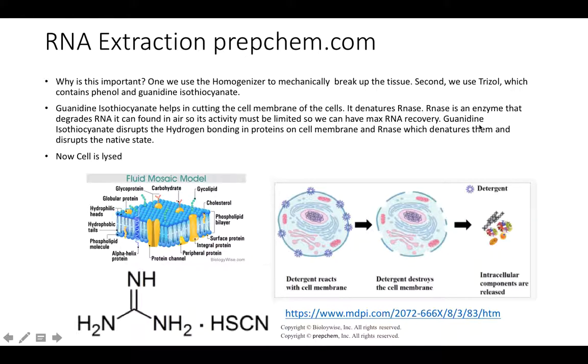All right. So what does guanidine isothiocyanate do biochemically? It disrupts the hydrogen bonds in proteins. And remember, if we disrupt the hydrogen bonds in proteins, this will disrupt the native state and denature them. There are proteins on the cell membrane, right? So guanidine isothiocyanate will disrupt certain protein channels, integral proteins, and